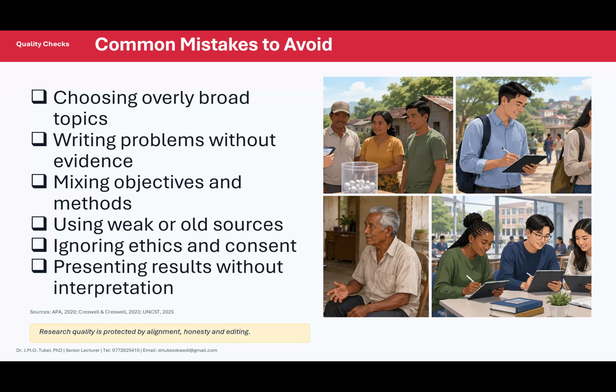Whenever I wrote my PhD thesis or a master's, I would give it to a primary teacher to proofread for me. And he would tell me, doctor, this is good, but you have issues here. Please rewrite for me and send it. Then after that, I would send it to one of my mothers. I have two mothers, one from Teso, another one from Kabale. She's called Dr. Speciosa Birungi from Bara University of Science and Technology, retired. And she would always tell me, my son, this is good work, but requires a professional touch. Let me give it a professional touch. She's a professional copy typist. So she would tell me, I will do it.